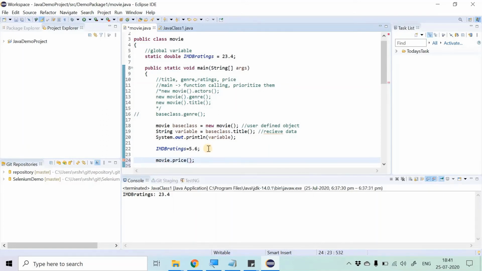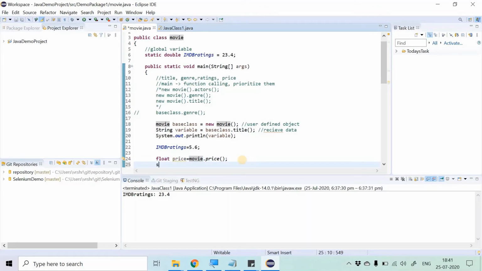And price, let us store this price into a float variable, and then just print this price.